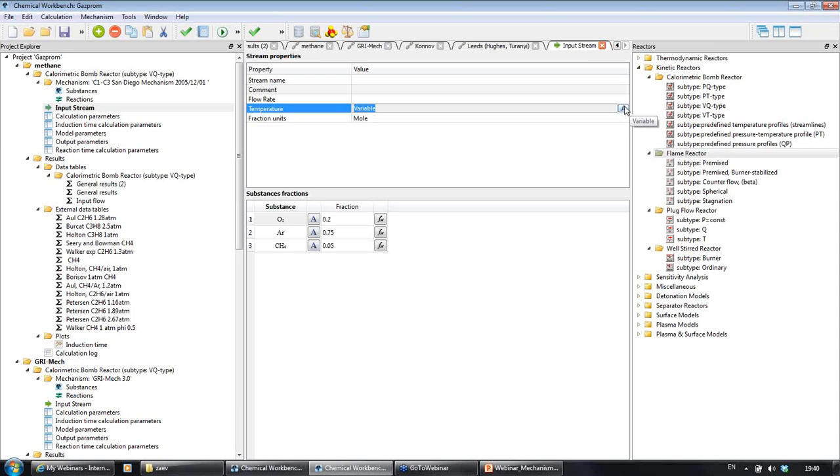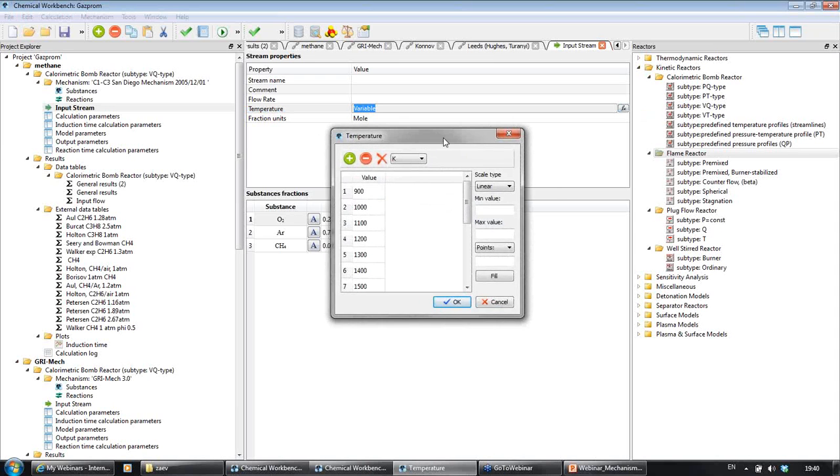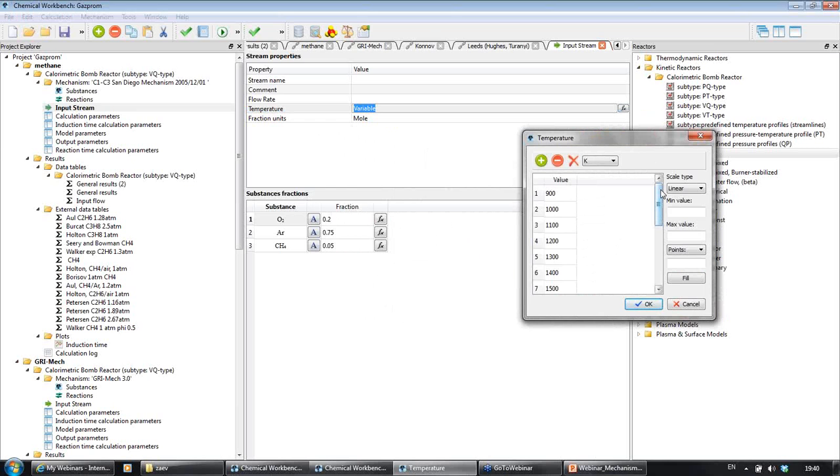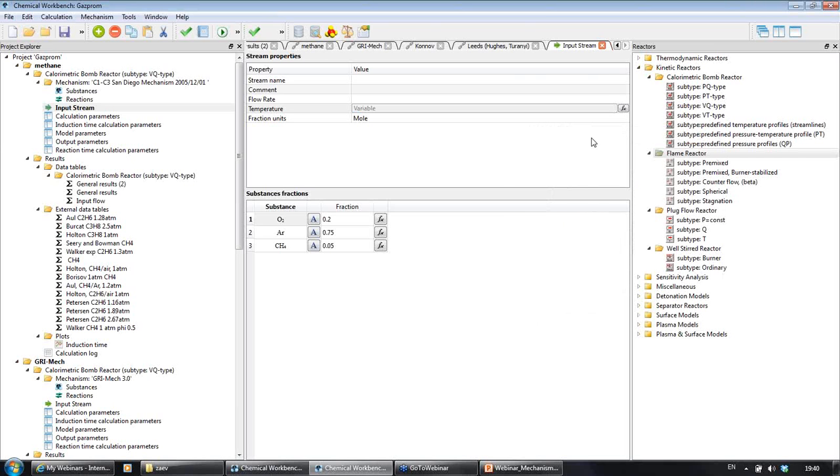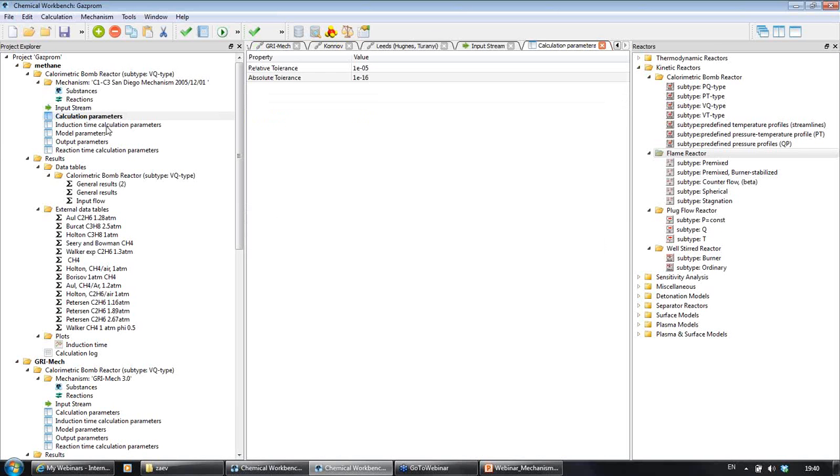it is actually the whole range, which can be specified as a set of parameters in the following range from 900K up to 2200K. So actually I would like to run the parametric simulation with this specific mechanism. Also, for my simulation, I need to provide a lot of other parameters which are related with the solver setup. It is calculation parameters,